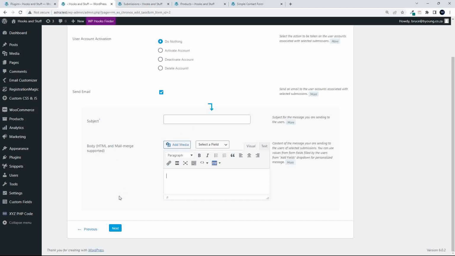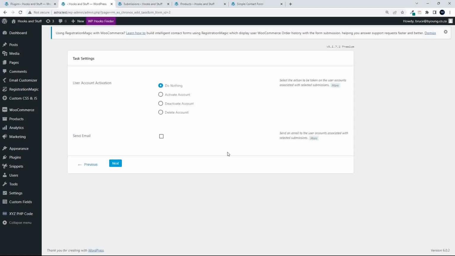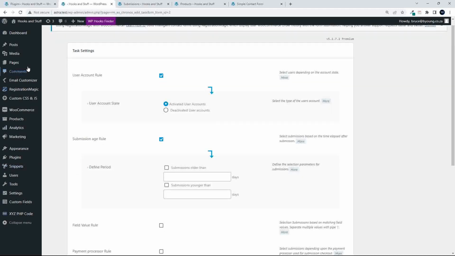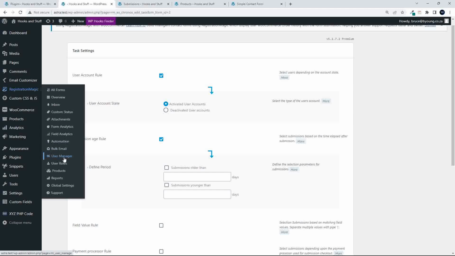So it automates some of the processes, and then based on the parameters, it'll do something. It doesn't have to send the email. It can also activate or deactivate accounts. So if a payment isn't received, deactivate it. If the payment is received, then activate the account, or even delete the account based on that particular automation. So something that you can think about and then have a look and see how to apply that in your